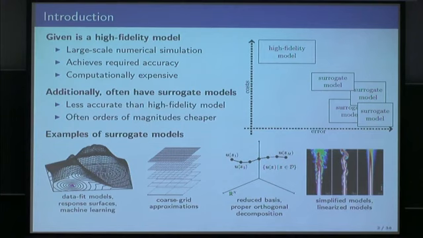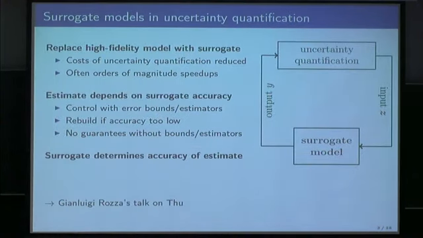Now, the classical approach of using these surrogate models to speed up the sampling-based task that we are interested in here is to use a surrogate model instead of the high-fidelity model. So to replace the high-fidelity model with a surrogate model, and I like to think of the sampling-based techniques such as Monte Carlo and stochastic collocation as loops, where we receive an input, we need to evaluate the model, we compute the output, and then repeat this many times. Now in this classical approach, the high-fidelity model is replaced with the surrogate model.